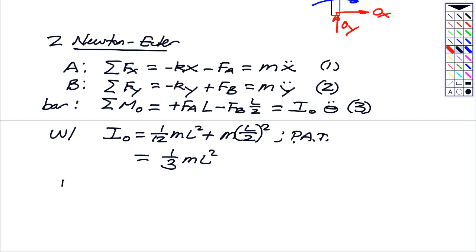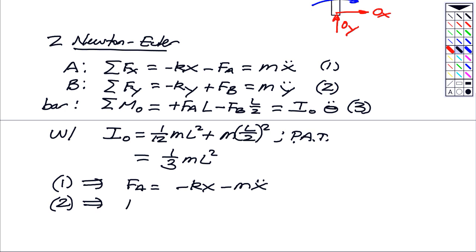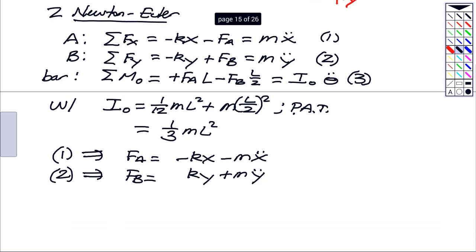So from equation 1, I'm going to write down that FA is equal to minus KX minus MX double dot. Equation 2, the force balance equation for B, that's going to be FB is equal to K times Y plus MY double dot. And so if I substitute these into equation 3,